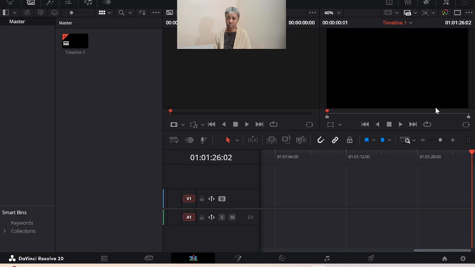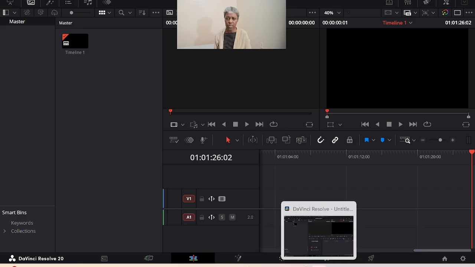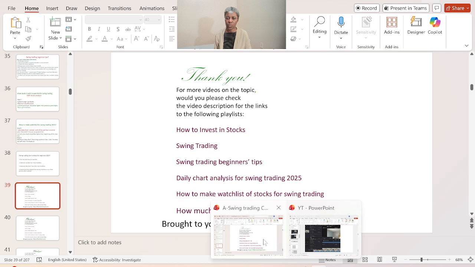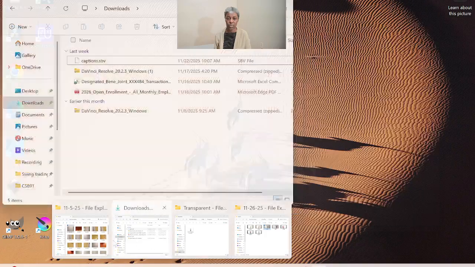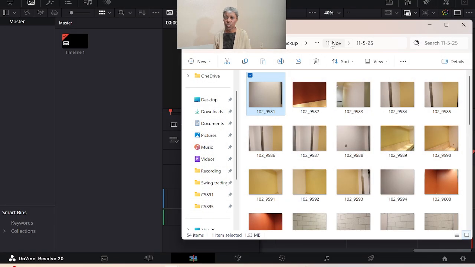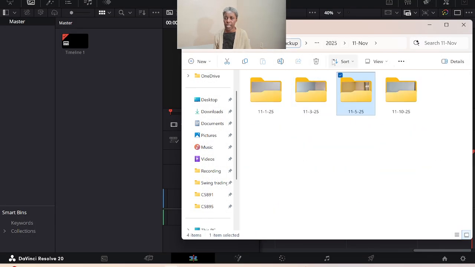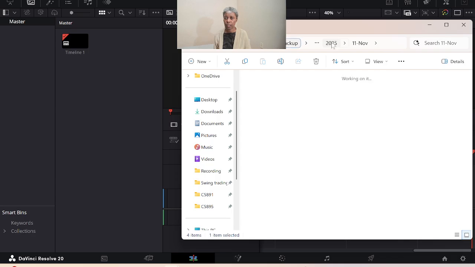When you post the video, you'll go under File and export that frame as a still. You'll use that same process whether you do it under AD or under CAD, but the process is the same. So that is pretty much how you will create your own images, so that later you can create thumbnails from them. And while we are under pictures,